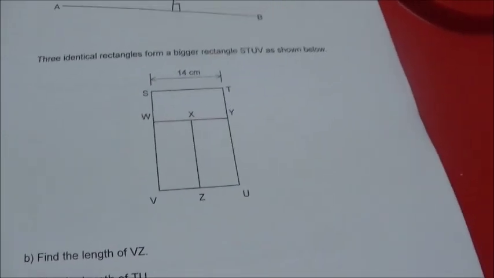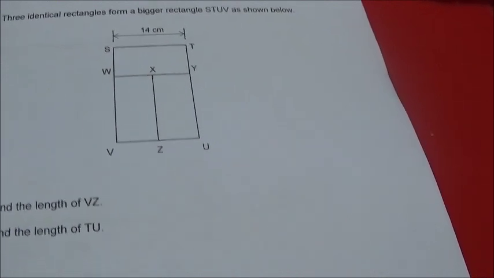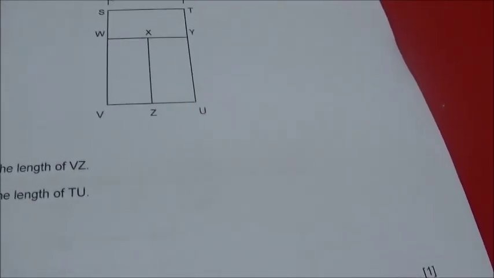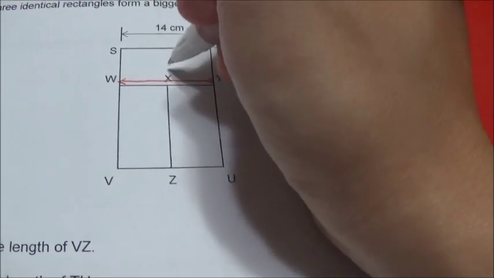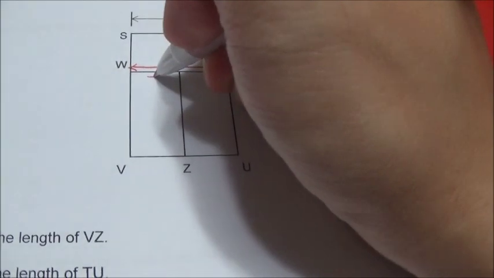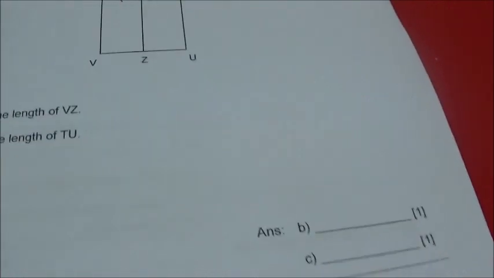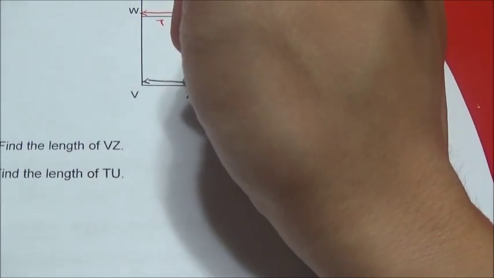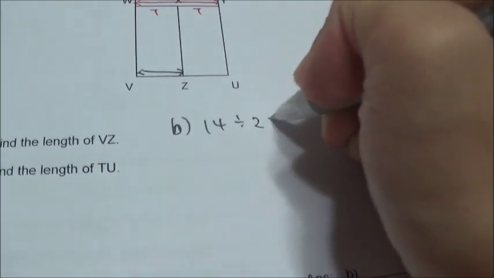Alright, 3 identical rectangles form a bigger rectangle STUV as shown below. Find the length of VZ. Okay, if you see very carefully here at the diagram, this is 14 cm, which means here to here is also 14 cm. Alright, so here and here it must be 7, 7. Okay, 7 plus 7 give you 14. So your question B, find the length of VZ from here to here would be 14 divided by 2 equals 7. So your answer for here would be 7